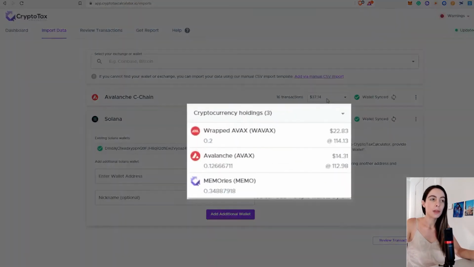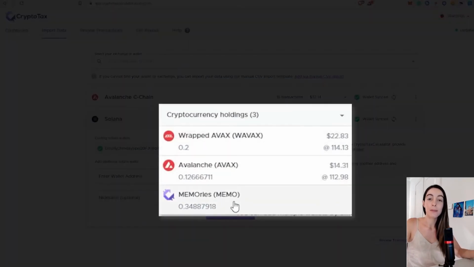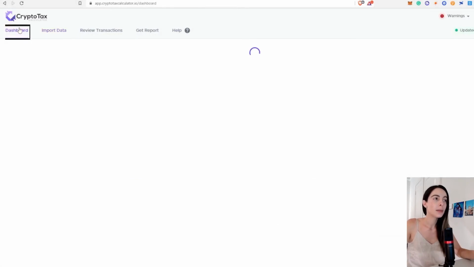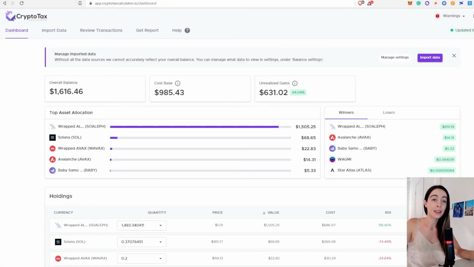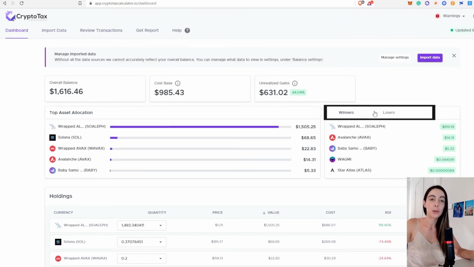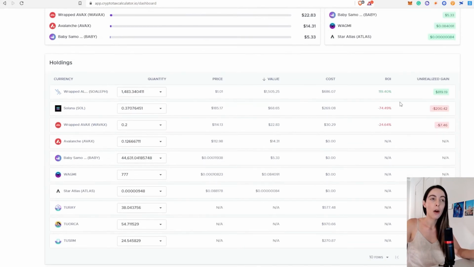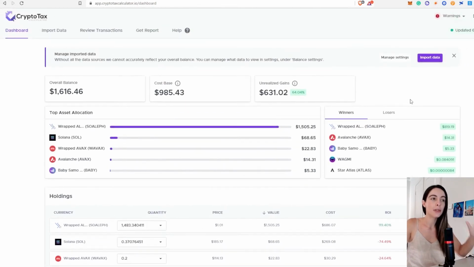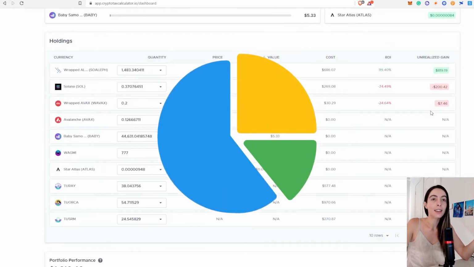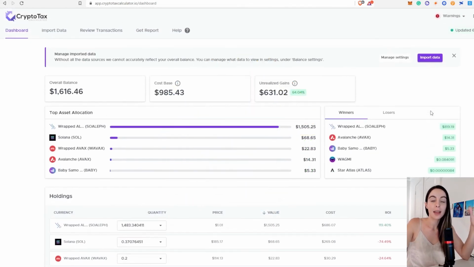And also with my Avalanche, I can see that I've got memories. So that means I'm staking time in Wonderland, and that's available to see here. So a lot of transparency. If I come to my dashboard, the dashboard, as I said, so clean. I can see my top asset allocations. I can see winners versus losers, which is really cool. And I can see all my holdings. So yeah, I really feel like, other than probably missing a pie chart that Coinly has, this has amazing